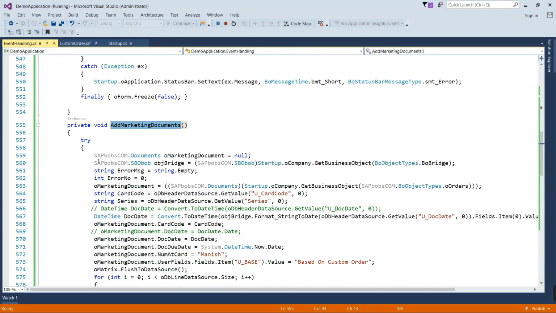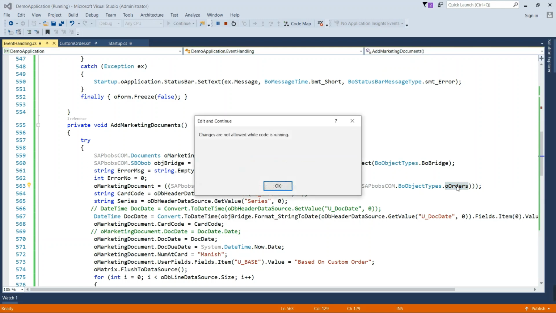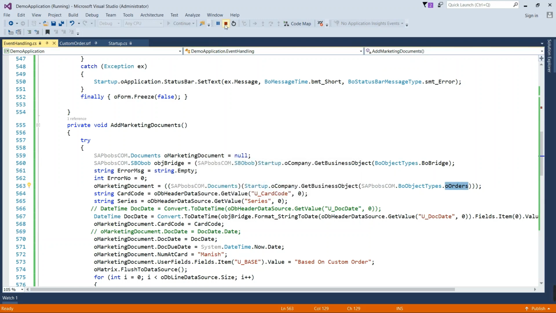Inside this, I have created the documents type of variable, and then here we have created the object. With the help of the documents variable, you can create any marketing document object. Let me show you a few of them. Let me stop the code.